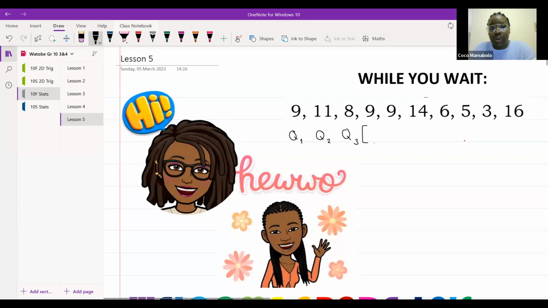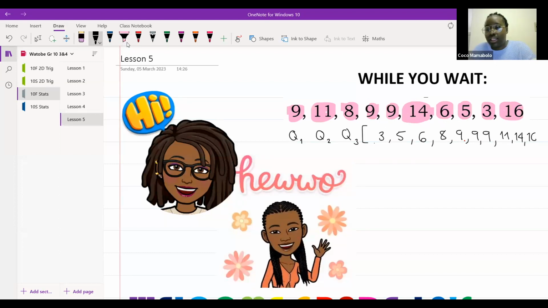I know my smallest number over here is 3. We're going to have 3, 5, 6, and then 8. I just want to make sure I'm getting this in the correct order: 3, 5, 6, 8, 9, 9, 9, 11, 14, and 16. All right, and that's all the answers we've got here. Now that I've got them in order, let's figure out what our Q1,